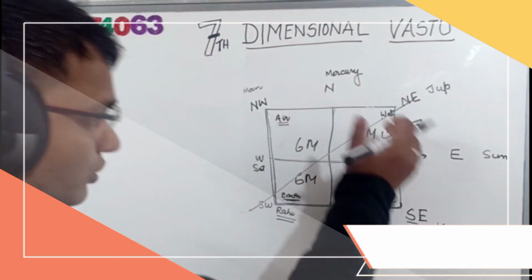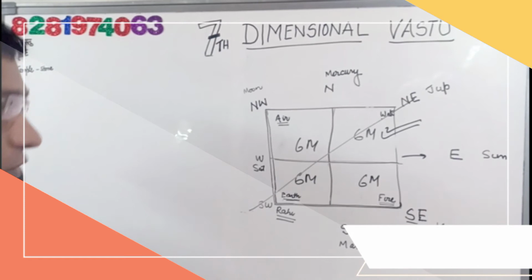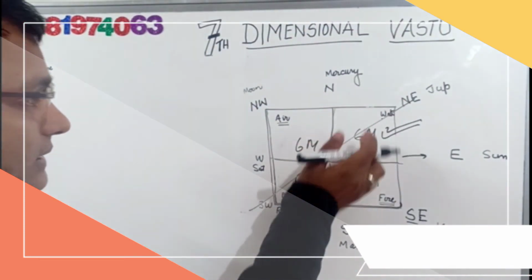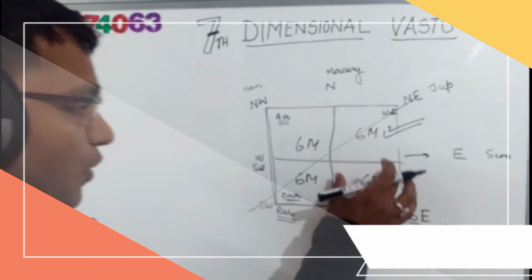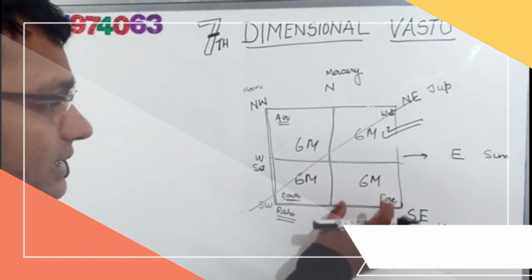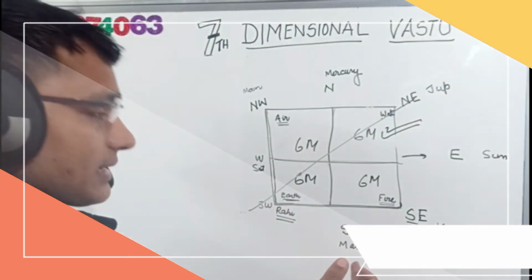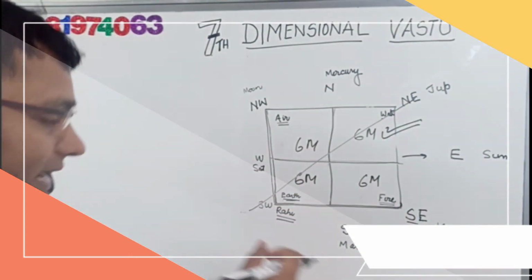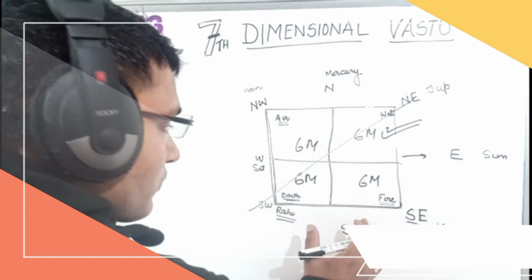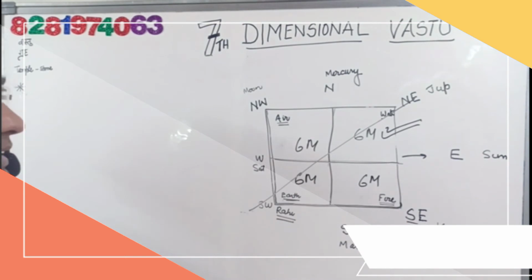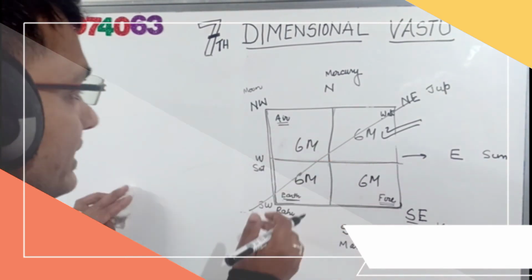So what is the main focus of understanding this in Vastu? The direction of any house or the corner of any house matters a lot in your thought process, in your professional life, in your activities, or whatever you are going to do in that corner. There is a meaning in that. So hopefully you understood a little bit.